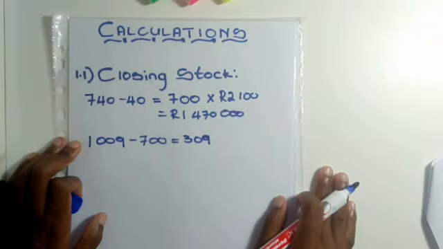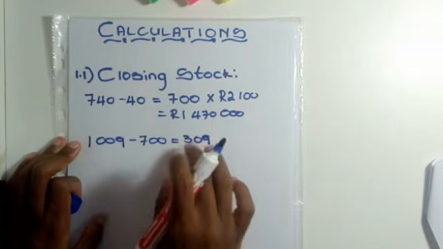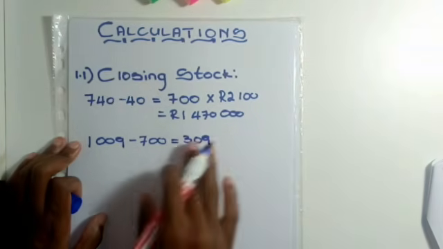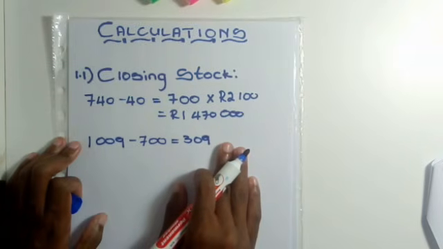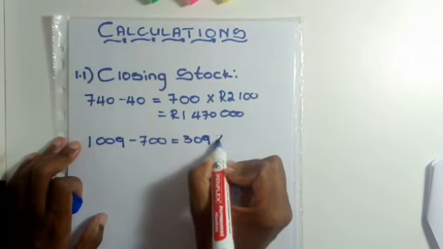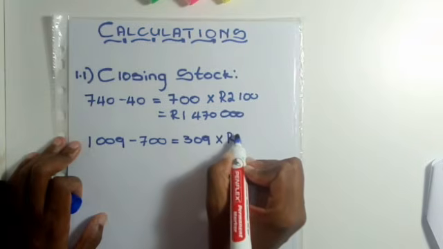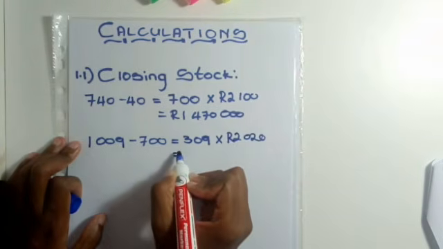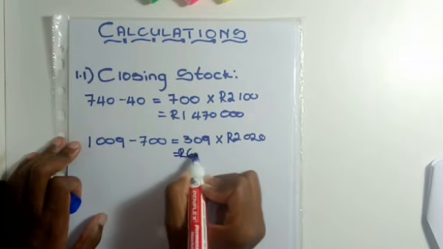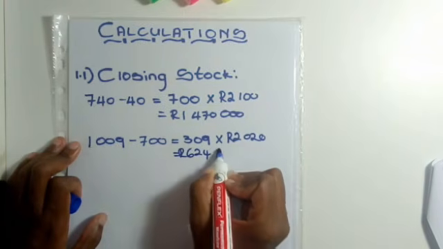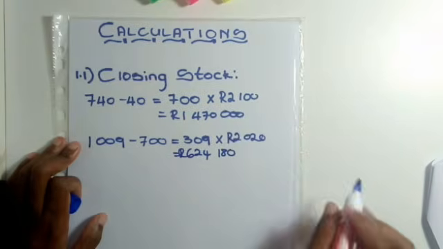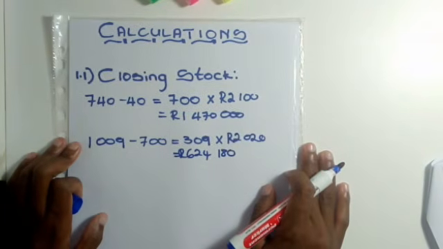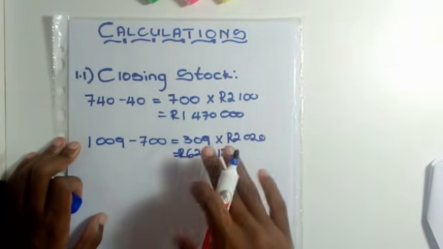There is enough inside of 2,215 for me to be able to get 309. So I'm getting it out of the stock that is purchased in September. That stock was purchased at a unit price of 2,020, and that gives me 624,180. Now in my answer book, I'm going to go and transfer these two amounts and then add them from